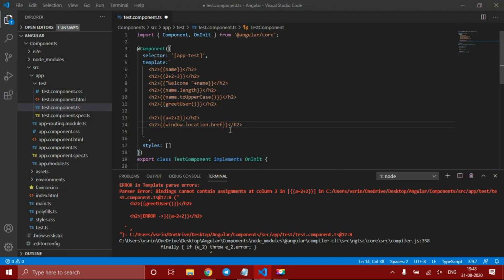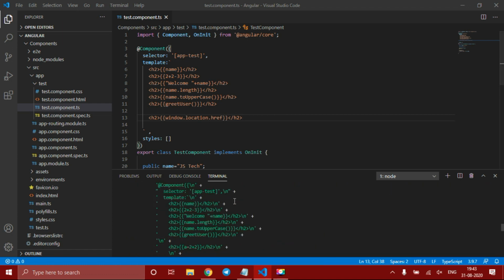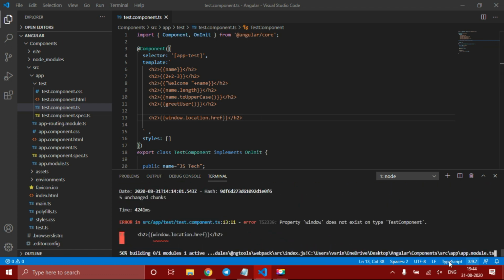This is a JavaScript global variable. If I run this, sorry, before that you remove this since it gives some error. It says that after running this you will get an error near window. It says that it does not exist.